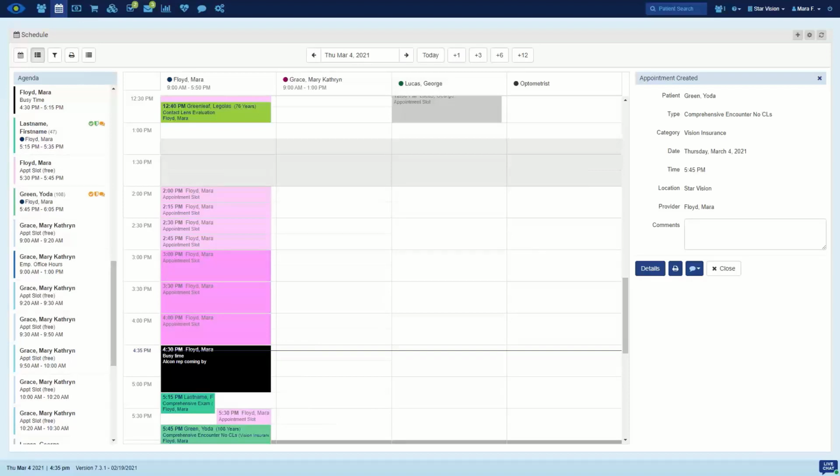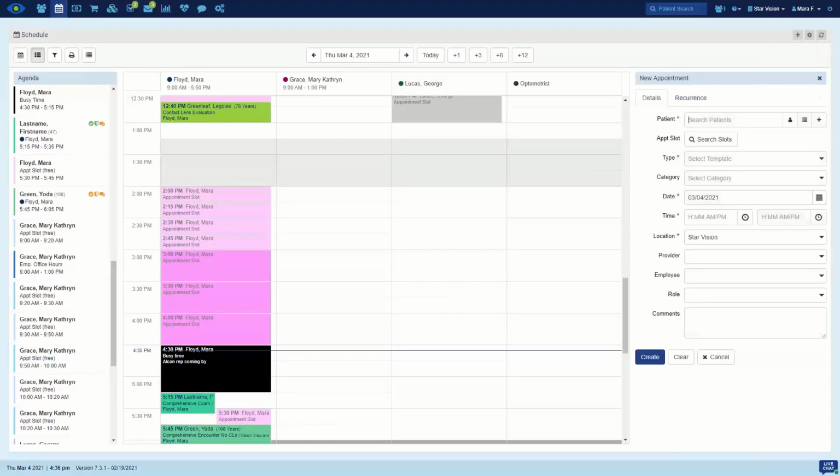Another way to book appointments is outside of appointment slots. To book an appointment outside of an appointment slot, you're going to select your Add button in the top right. You will select the first option, which is Appointment. Just like we saw earlier, it will open a new appointment on the right-hand side of the screen. You can use your simple search, your search patients, your waitlist, or your quick add button to add a new